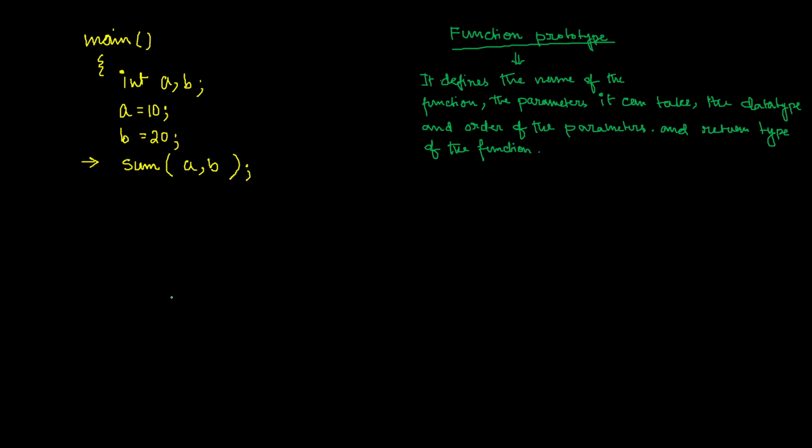Return type of the function means what type of data the function is going to return. For example, the prototype is written in this way: first the return type, then a space, then the function name,